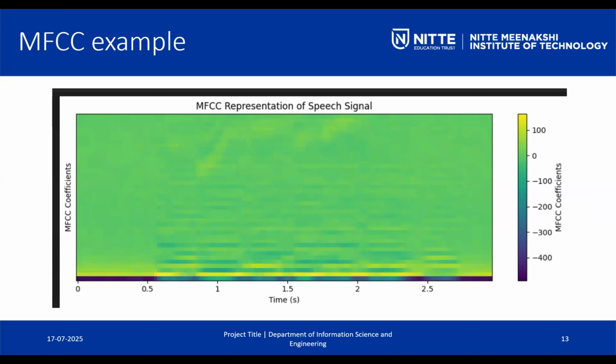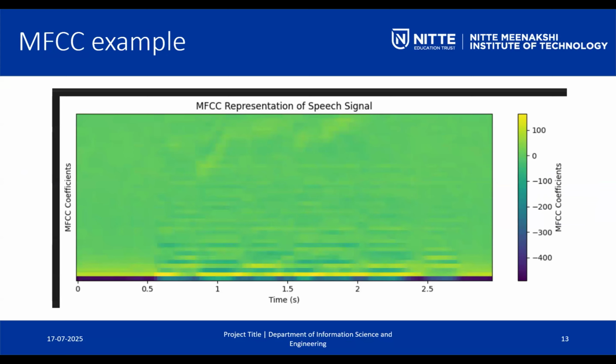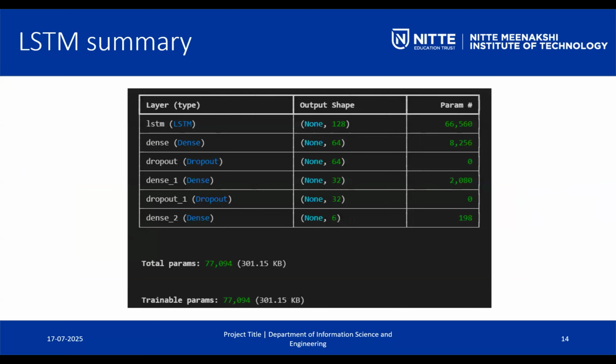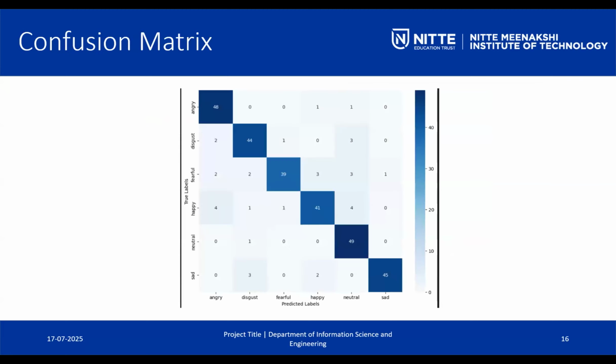processes. This was the MFCC example. Next up, we have the LSTM summary, which consisted of layers: dense, dropout, dense 1, dropout 1, and dense 2. Then finally, the accuracy curve and loss curve that we had, the confusion matrix,